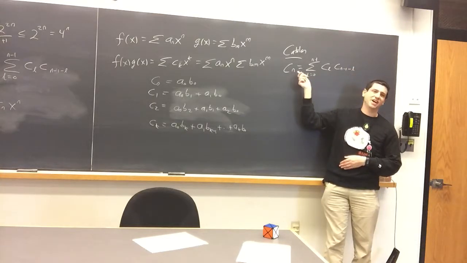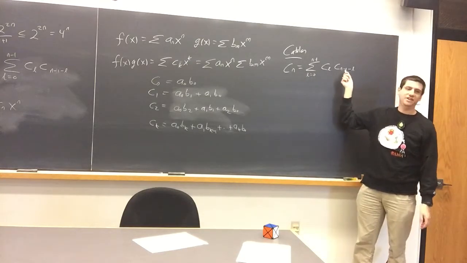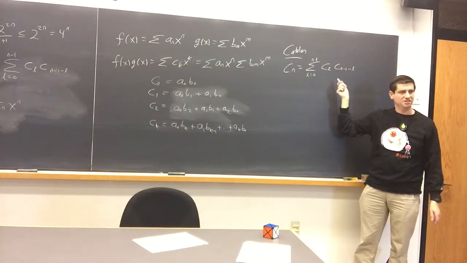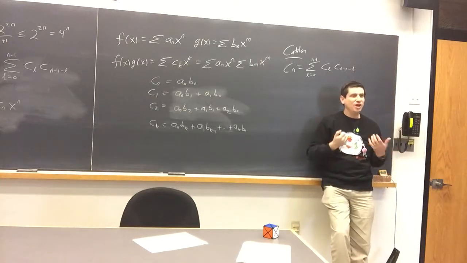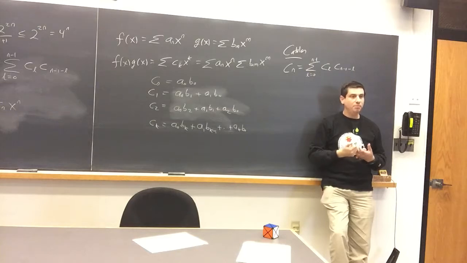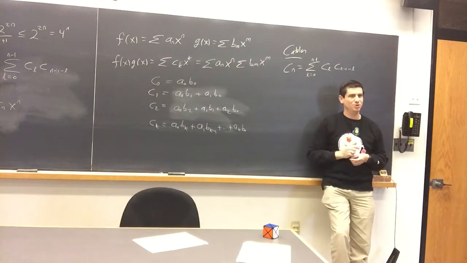What would you have loved to have there rather than Cn? What index would you have liked to have had here? Cn minus 1. Or what would you have loved to have had here? Yeah, life's hard. Deal with it. Sorry. So we don't have exactly what we want. But it's shifted by just 1. How do you shift by 1 in a power series? What do you multiply by?